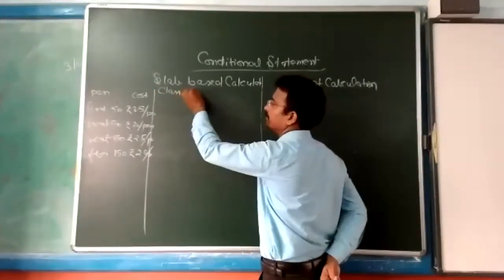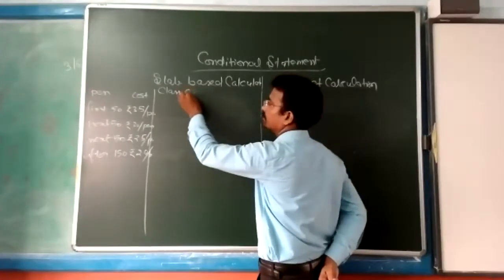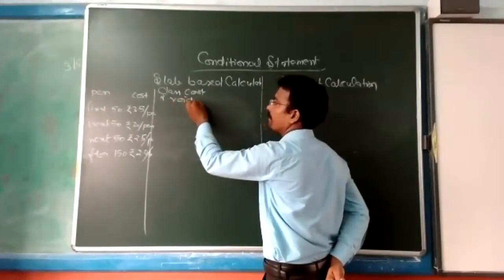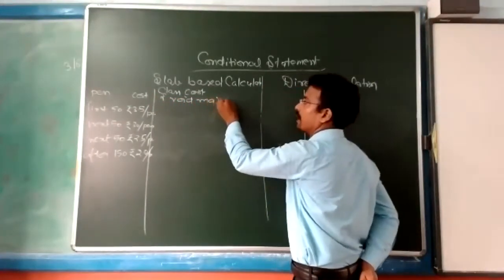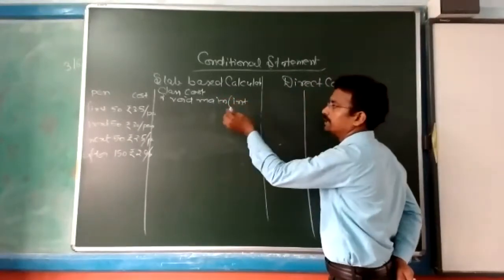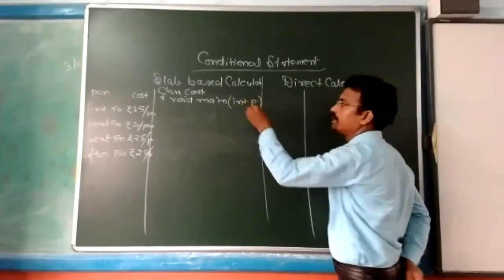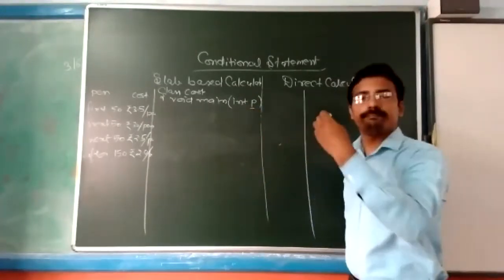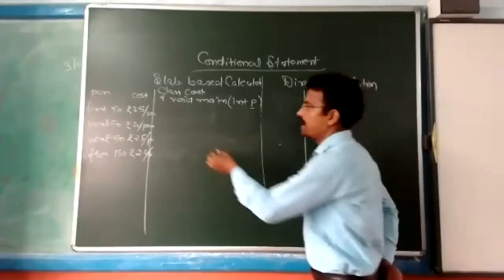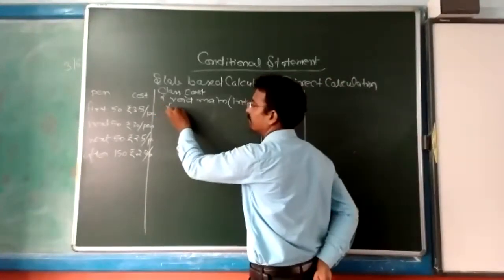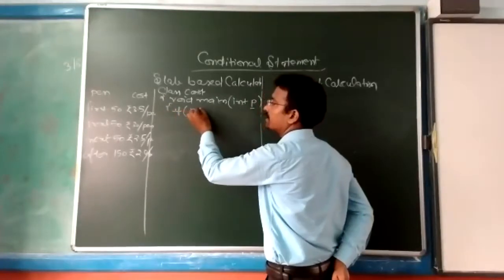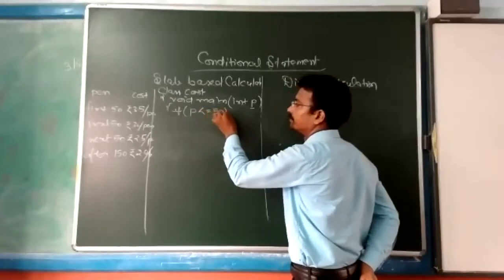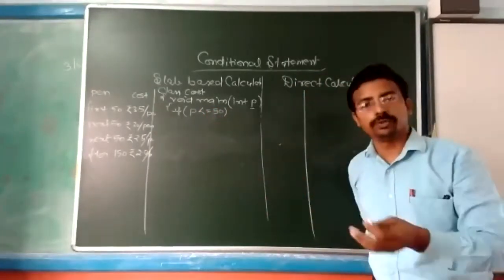class pen or cost, white, male, and we will take a variable that is pen, p. P means pen. So we will insert how many pens we are going to purchase, and we are saying directly here, if p is more than or directly up to 50. Up to 50 means from 0 to 50.